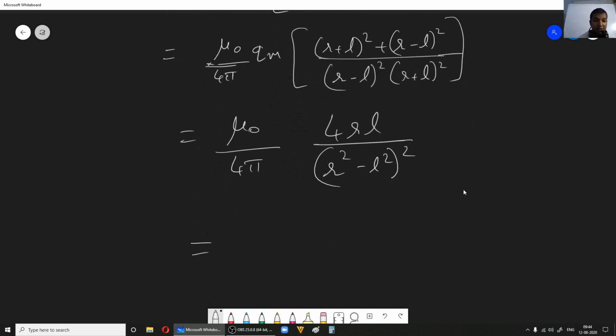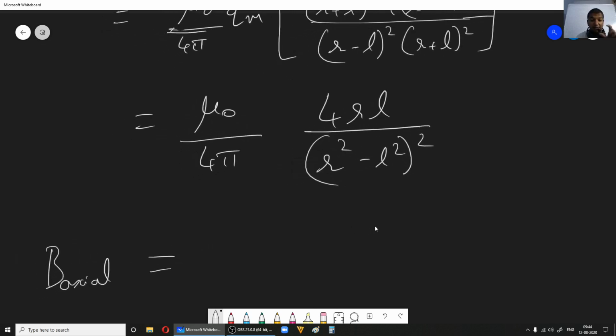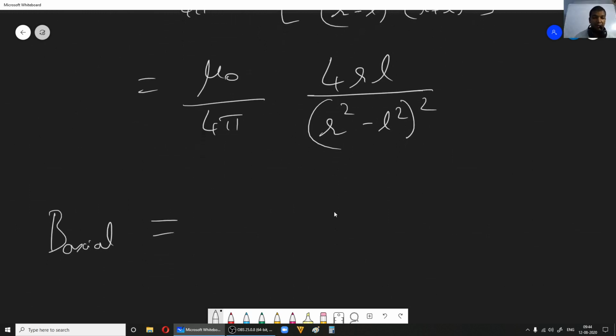Now here comes the interesting point. You need to focus and remember that here we did not make any approximations. Keeping this expression, the next step we will do the approximation. Those approximated formulas, for when the point is far away from the magnet, will come in handy all the time, but you need to know the general formula also. That is what we are deriving right now.